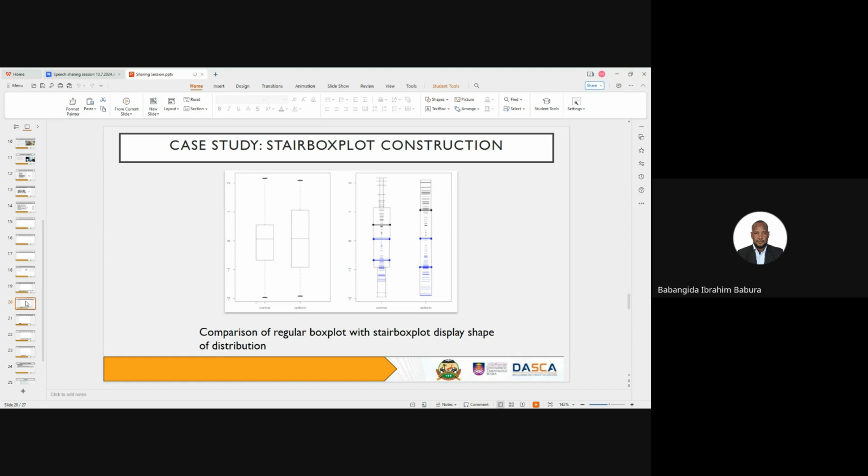So you can easily identify this kind of characteristic from the stair box plot, which is definitely an enhancement to the plot that existed. So that is the actual contribution, and the application of this was explored. If you move to the next slide,